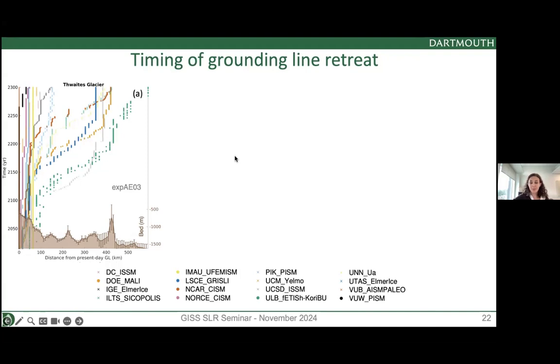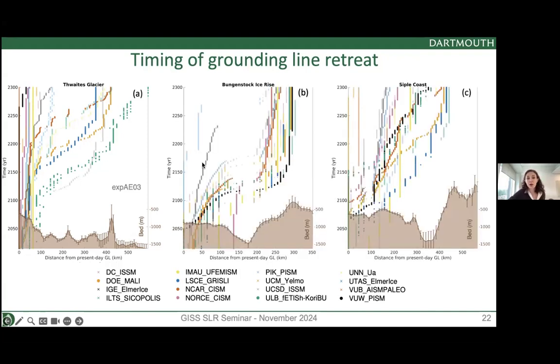and so this is really confirming the critical role of bed topography and ice geometry for these large changes. We can do the same on these other two glaciers, Bugge Stock Ice Rise and Saipol Coast, showing the retreat. Bugge Stock has large retreat. All the models retreat. That's what we had seen before. All the models agree the grounding line is going to retreat really far. The exact rate of retreat is a little less similar than for Thwaites, but they all agree. And then all models get the grounding line to stop on this prograde bed slope around here. Saipol Coast, same thing. We have a relatively good agreement in terms of the rate of retreat, and most models show a large retreat of hundreds of kilometers.